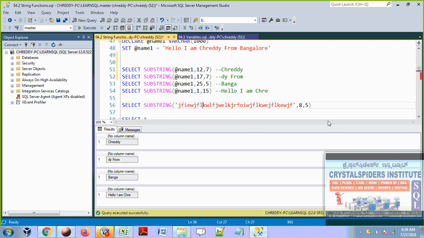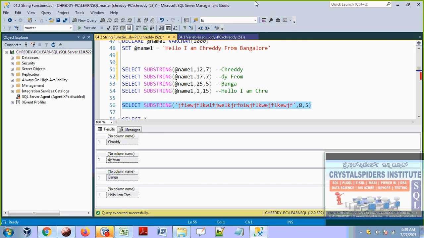Sorry guys, let's count it again. 1 2 3 4 5 6 7 8. In the 8th position we have the character L, and including L I want to display 5: 1 2 3 4 5, total 5 characters. So the output will be LKWLF. That will be the output.